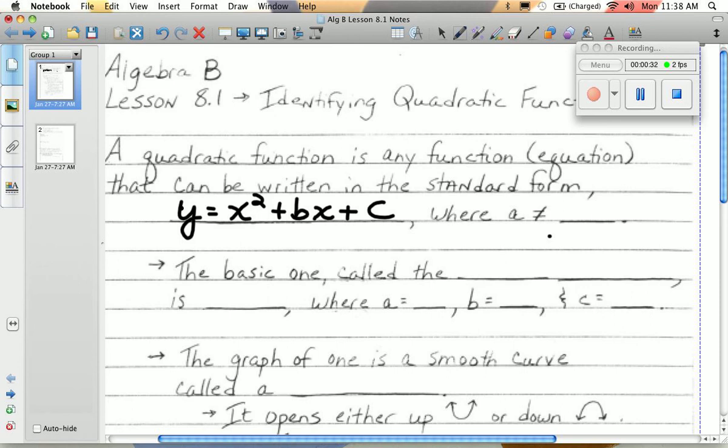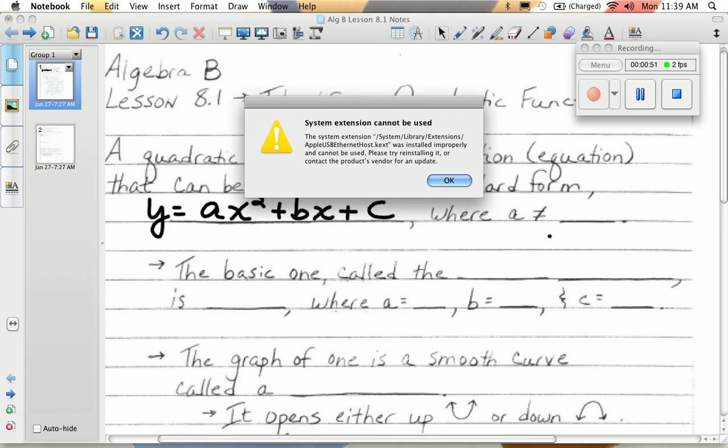So standard form is y equals ax squared. I forgot the a in front of the x squared, I'm sorry, let's go back to that. So y equals ax squared plus bx plus c. And we're already used to this from when we were factoring quadratics. When we had to factor quadratic trinomials, we identified the a, the b, and the c to help us out